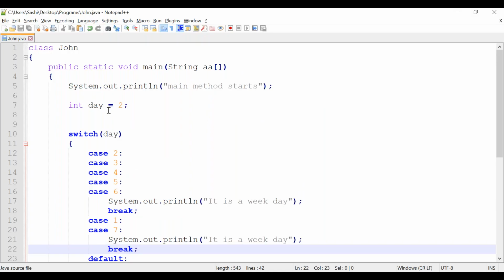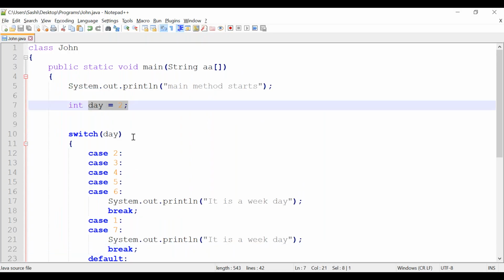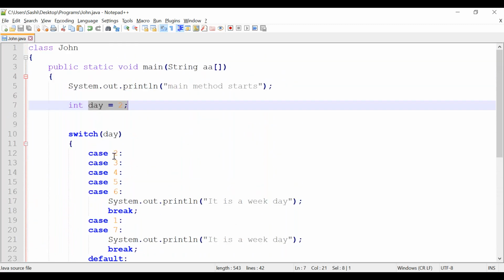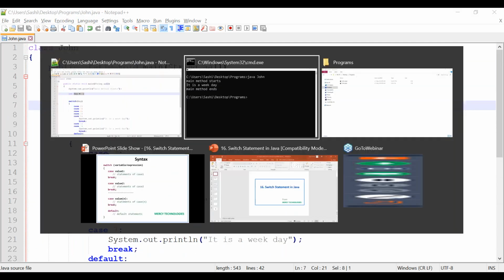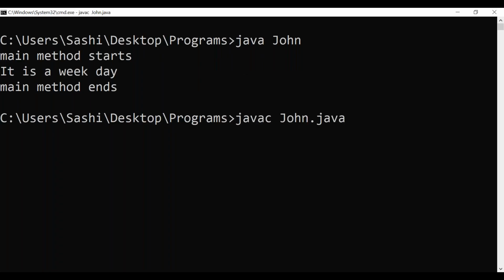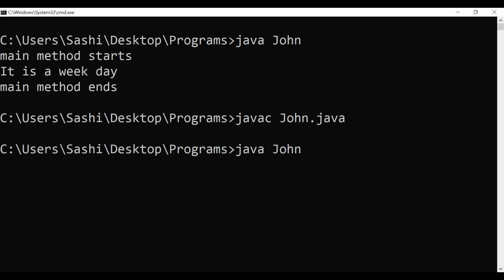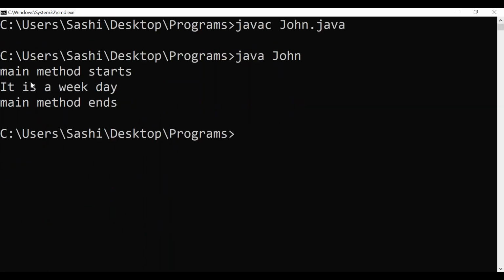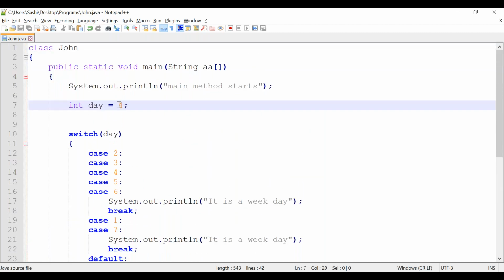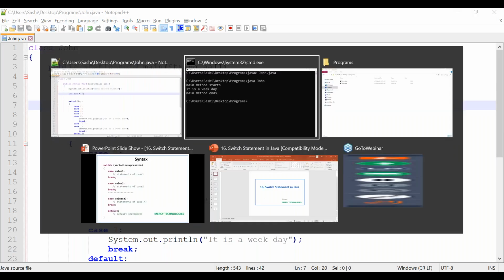See here, I have given input as 2. If it is 2, it is Monday, right? So I can say it is a weekday. Give any input, change it to 4. Let's rerun. Again it is a weekday, right? Suppose I give 1 or 7, let's give 7.